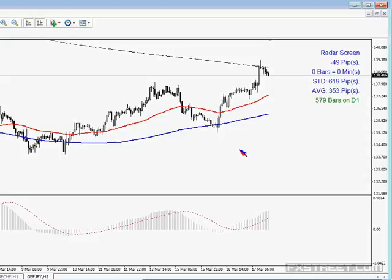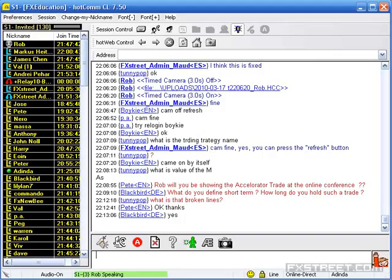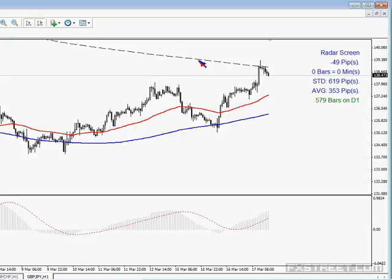And Tiny Pop wants to know, what are these broken lines? This dashed line is the 800 simple moving average. If it were a woman, I would marry it. It is the basis for almost everything that I have ever done successfully in trading. It is the origin and basis,